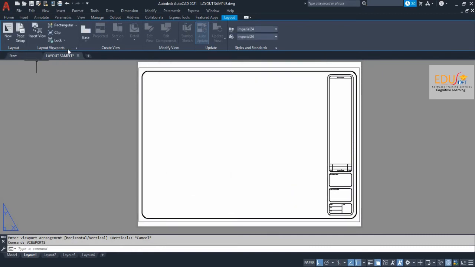Or use the layout ribbon to make custom viewports in different shapes and locations.